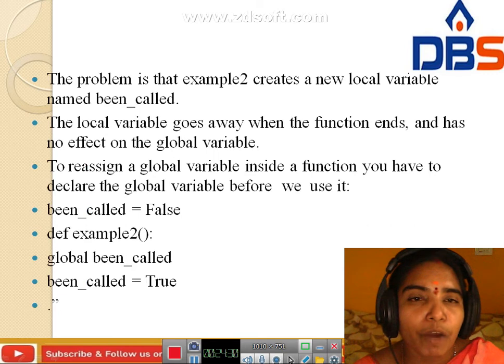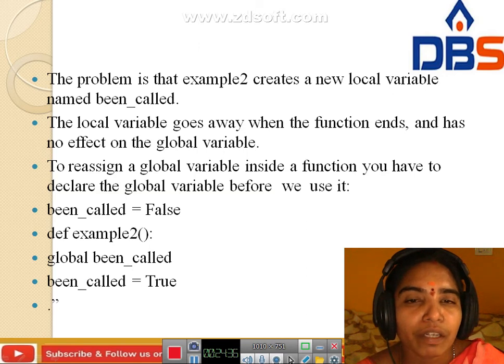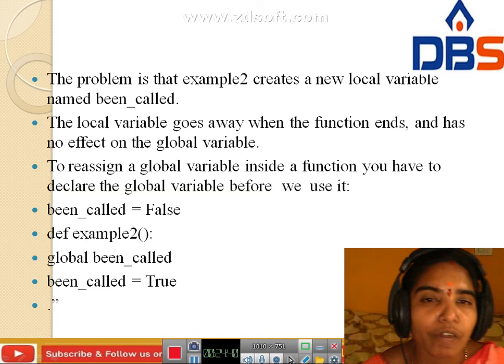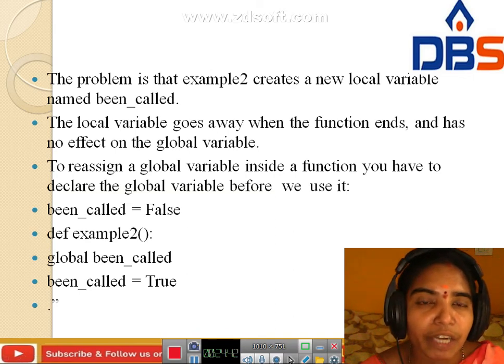The problem is that example 2 creates a new local variable named been_called. The local variable goes away when the function ends, so there is no effect on the global variable. That's why we get the problem.